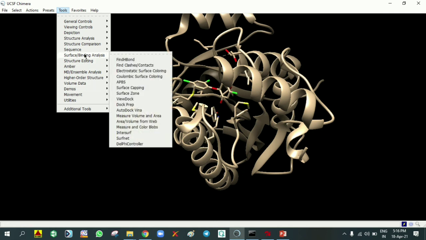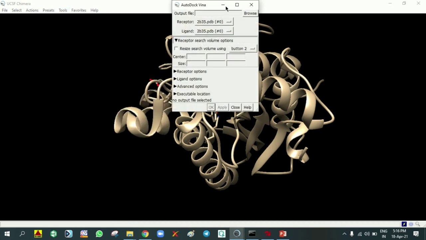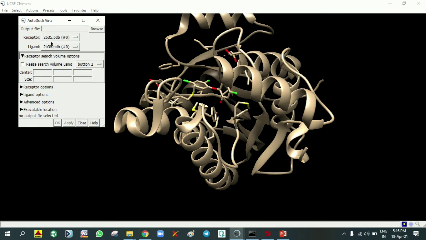In Tools, Surface or Binding Analysis, AutoDock Vina. This type of window will come. We need to select the sizes: 14, 10, 10, 15, 15, 15.